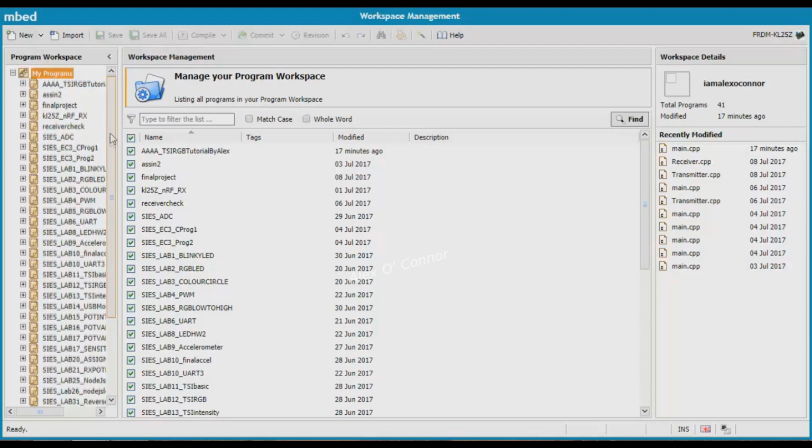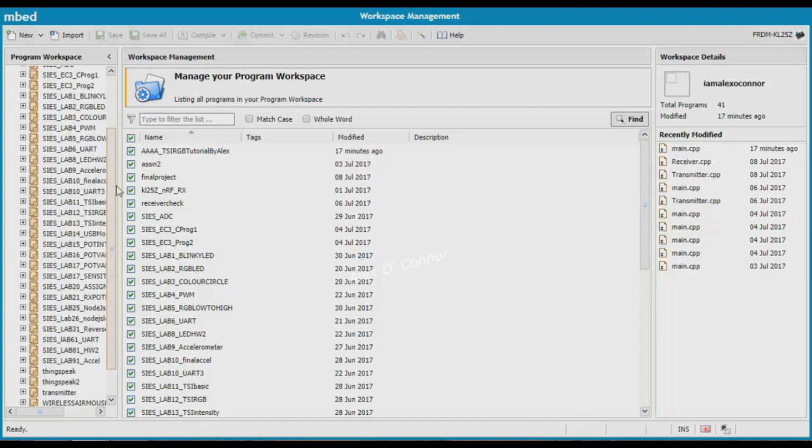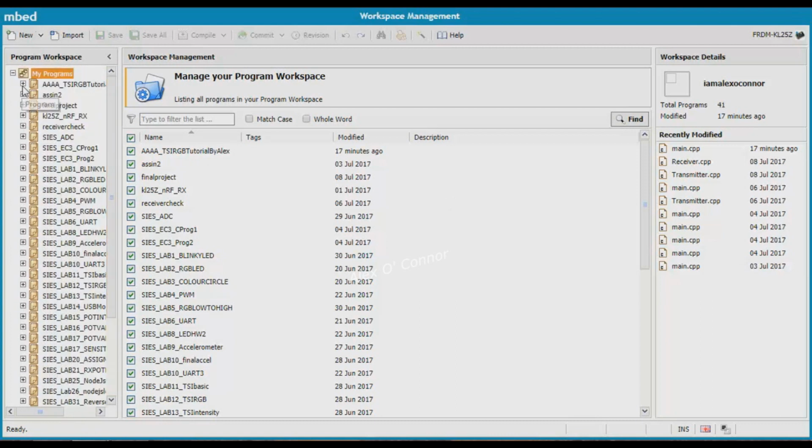Coming to the left column, so these are the list of the programs that you have. If you click on the plus sign, it will expand and you can see all your files in it. So the main file that we need is the main.cpp. You will write your program in main.cpp. This work page management is similar to it, but